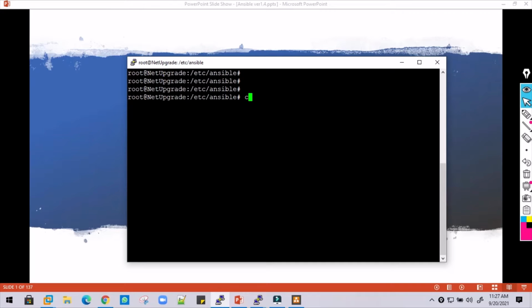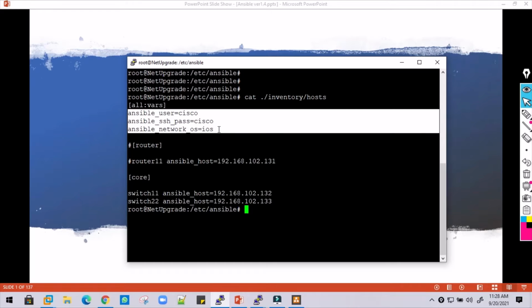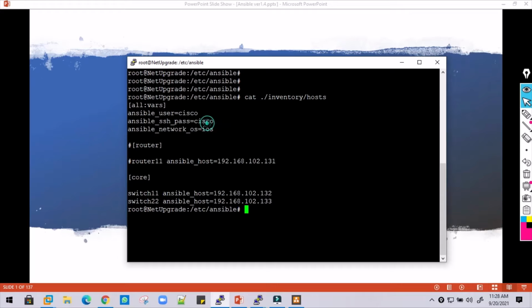So let's open this Ansible device. This is my Ansible server. Let's verify what all devices I have included here. If you can see here, we configured this Ansible device. On top of it, there are some variables which are required by Ansible to use and jump into any of the network devices which I mentioned at the bottom.